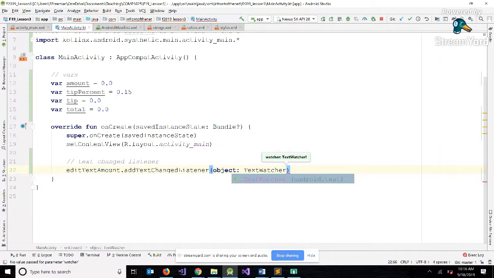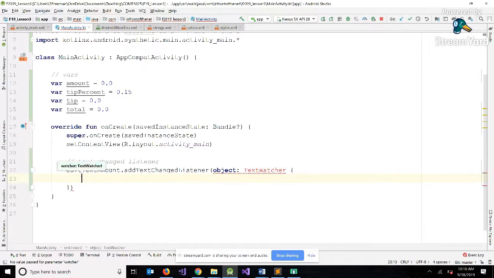As an incoming parameter, it accepts this object called the TextWatcher. Now, we're going to need to import this class. It doesn't know by default what TextWatcher is. So if we use